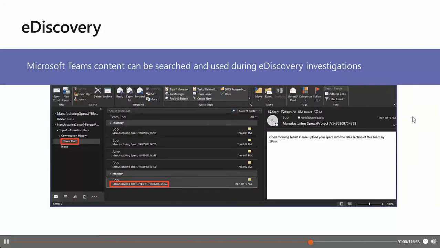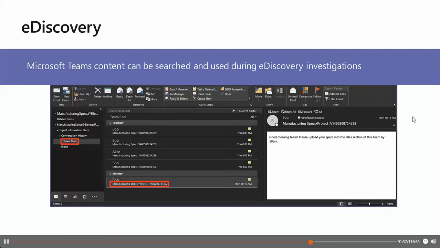Another great functionality is e-discovery, and specifically for private channels. Records for messages sent in a private channel are delivered to the mailbox of all private channel members rather than to a group mailbox. The titles of the records are formatted to indicate which private channel they were sent from. This is because each private channel has its own SharePoint site collection that's separate from the parent team site and holds files in a private channel that are managed independently of the parent team.